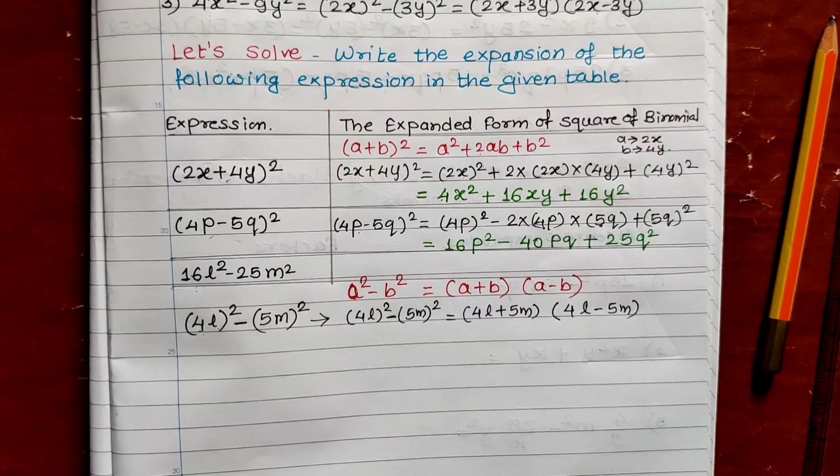On day 15, you all are having a test. On day 30, you all are having a test. And on day 45, there is one test. So 3 tests are there, and that's why on day 15, there is no activity sheet. On day 30 also there is no activity sheet, and day 45 also there is no activity sheet. On these 3 days, you all are having test number 1, 2 and 3.